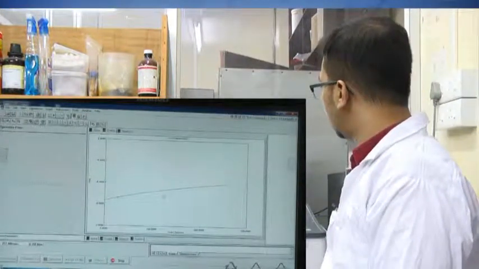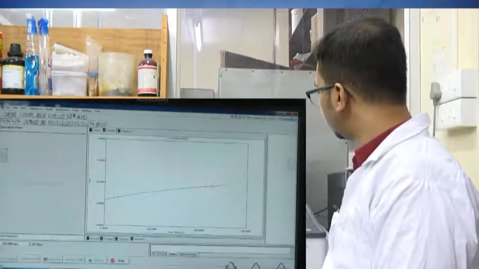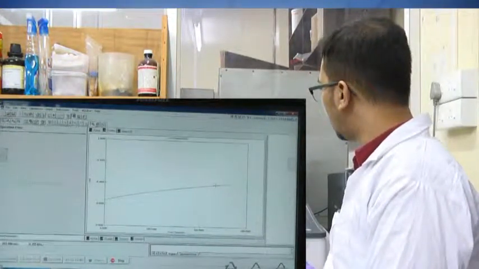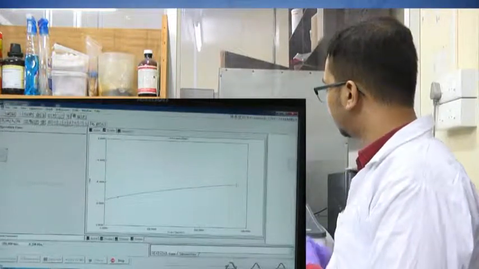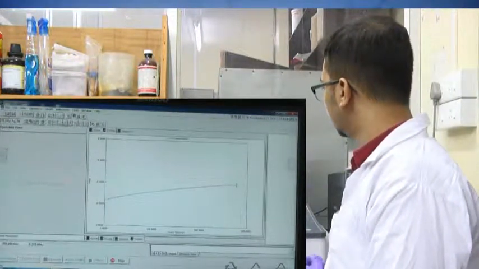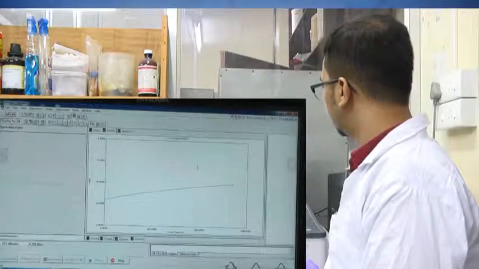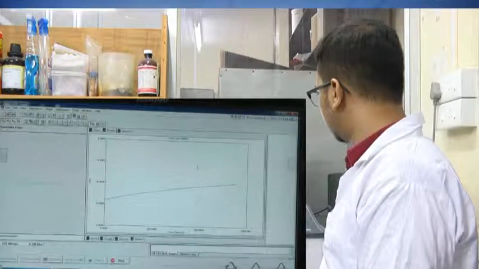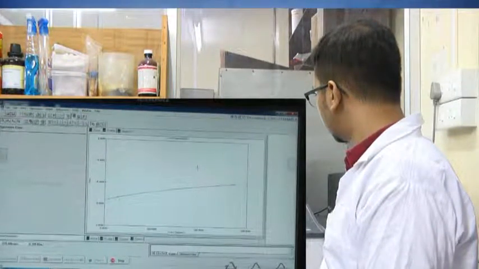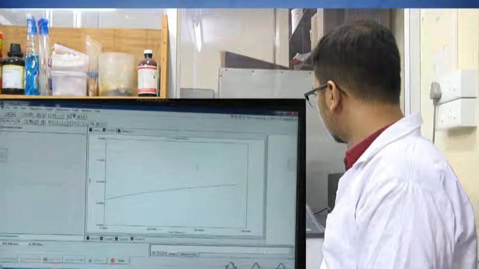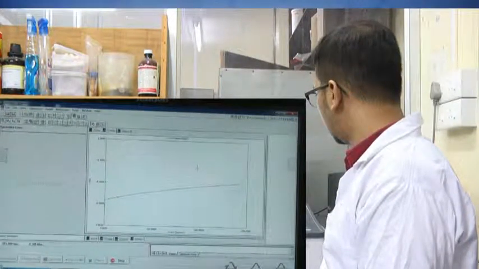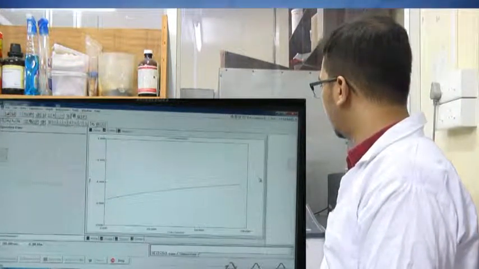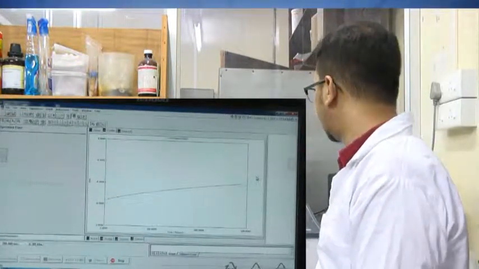Now, we can see here it is becoming more or less smooth. Initially there is an increase and it is becoming a bit smooth here. Now, there is an increase in this absorbance value with time, and we will get a result after this experiment.